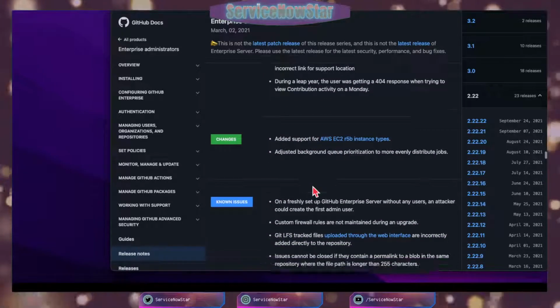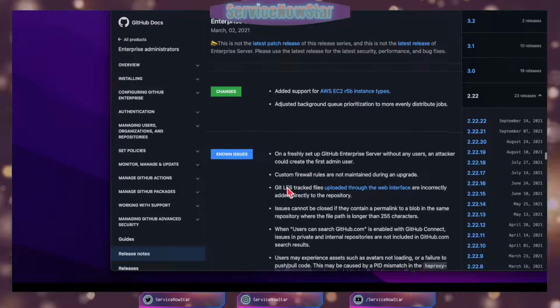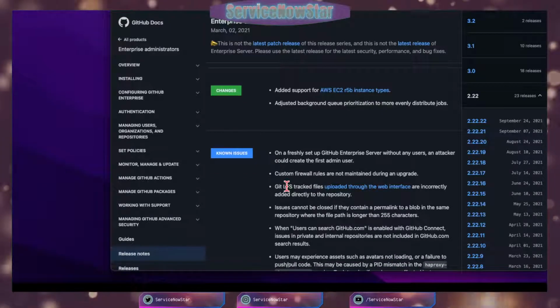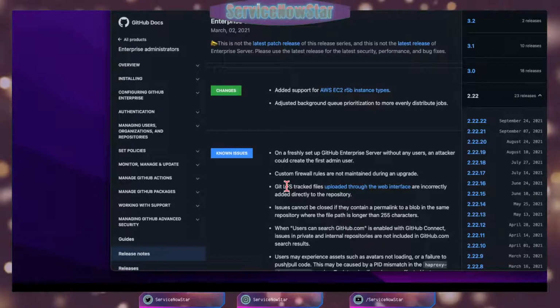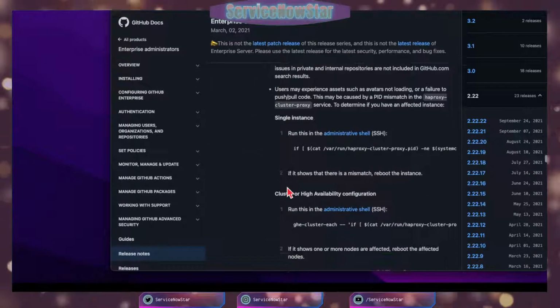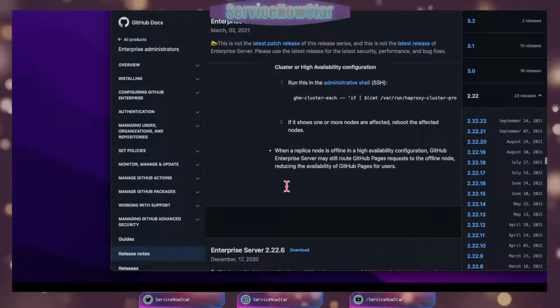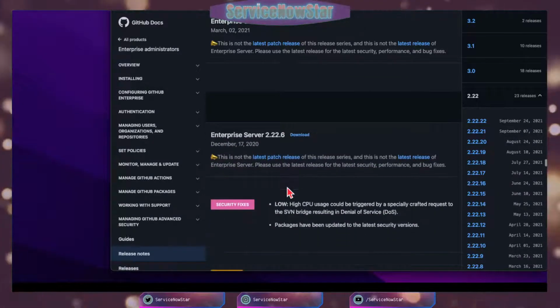And here is a change. Here is a known issue. On a freshly set up GitHub Enterprise Server without any users, an attacker could create the first admin user, which is really bad, right? Creating an admin user is really bad. Right,